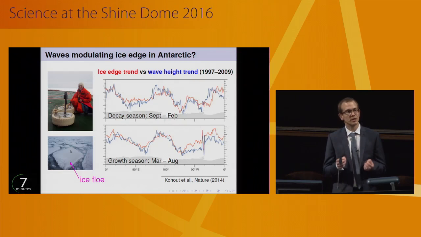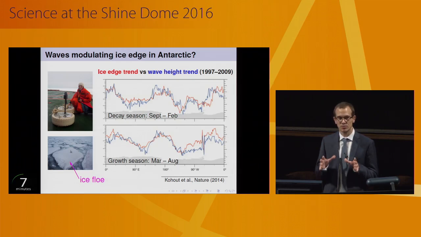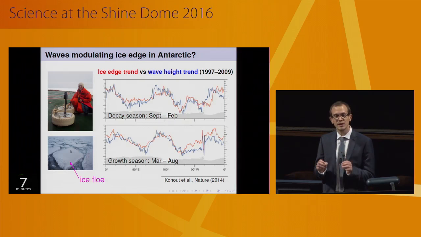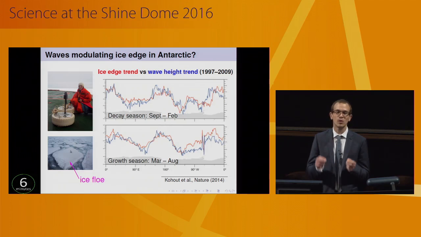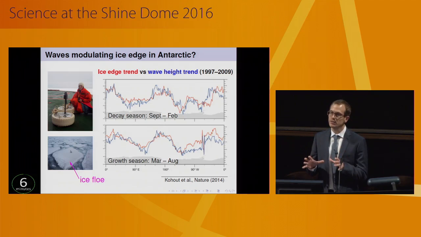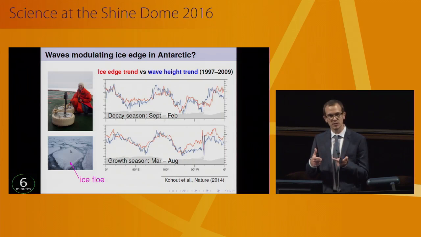Nature published her measurements, but the finding from the paper that has had the greatest impact came from a combination of a numerical model and satellite observations. The relevant figure from the paper is shown on the right-hand side of this slide. It shows that trends in the location of the Antarctic ice edge are closely correlated to trends in the local wave height. Where the waves are becoming stronger, the ice extent is shrinking, and vice versa.